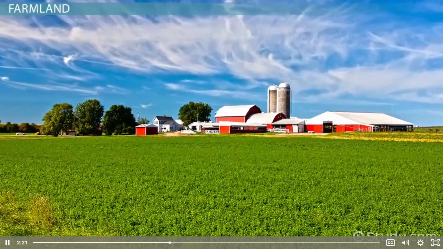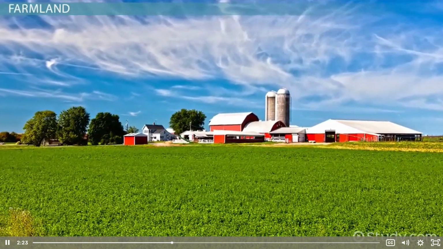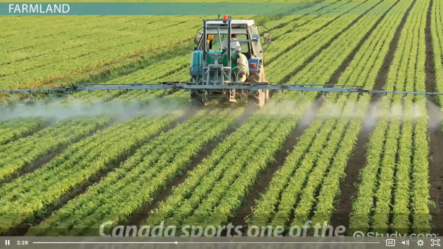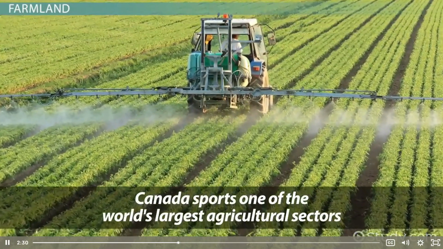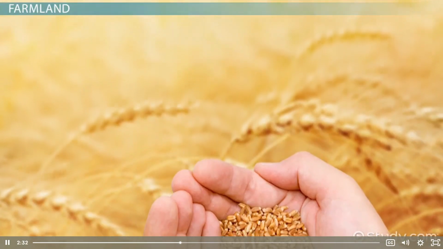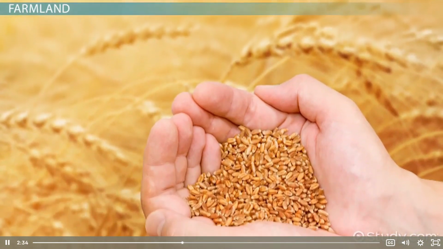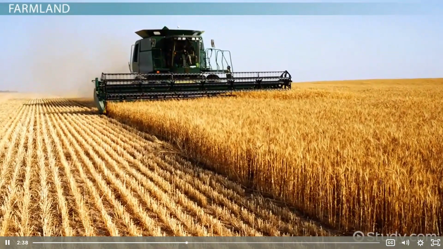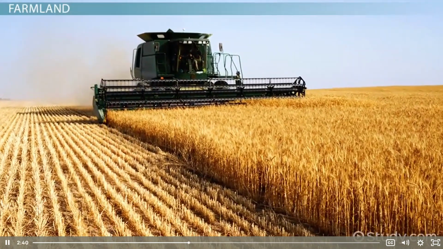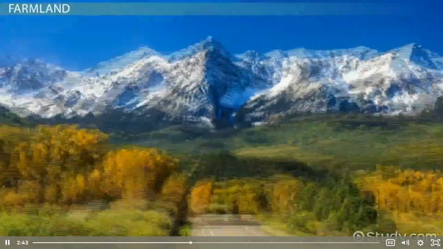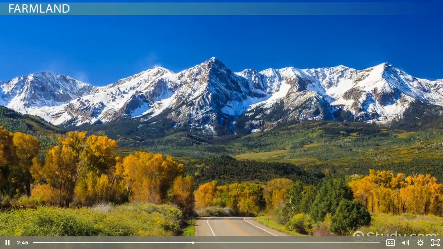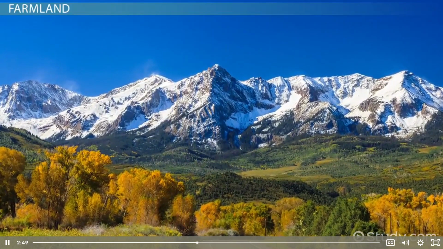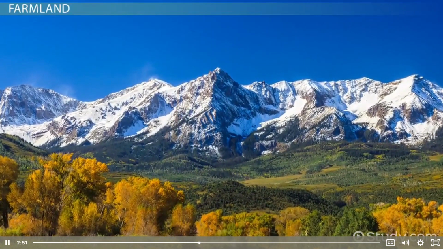Of course, just because more than 4/5 of Canada's population lives in urban areas does not mean there aren't any farms. Far from it. Canada sports one of the world's largest agricultural sectors, exporting wheat, beef, and other agricultural products around the world. Though farming is still a big part of life in rural Ontario and Quebec, much of this farming is done on the Canadian prairies. Created by the rain shadow of the Rockies, which holds up storms and other weather systems, these enormous grasslands look very similar to our own prairies in the United States.